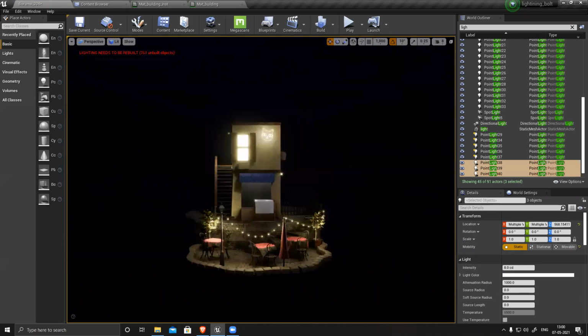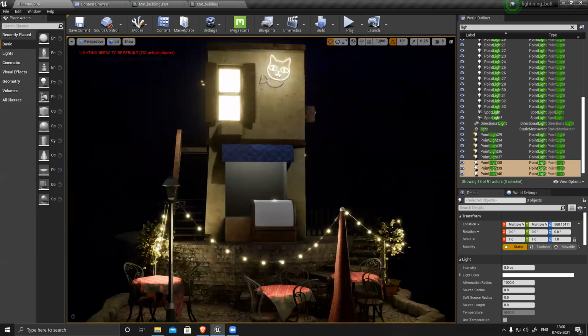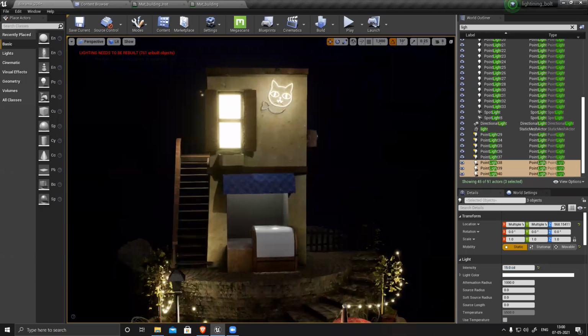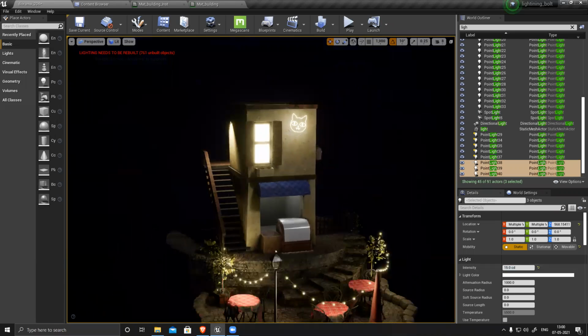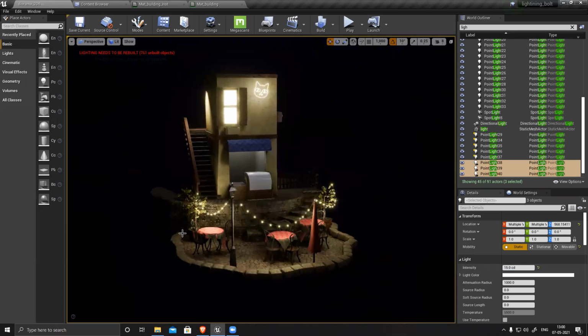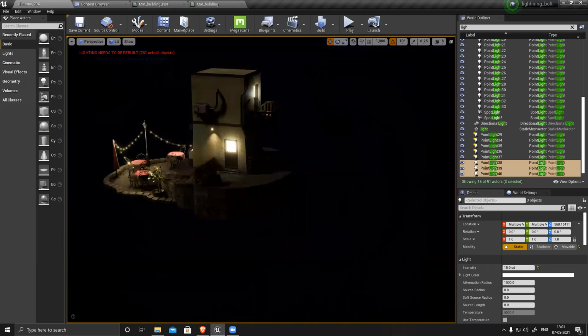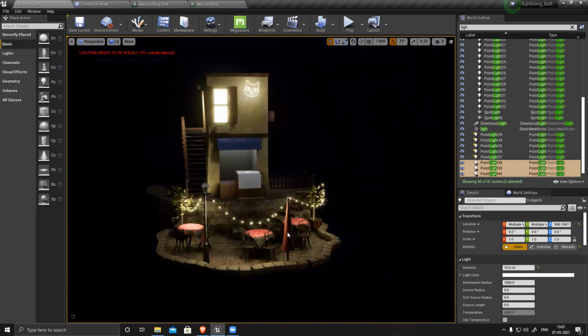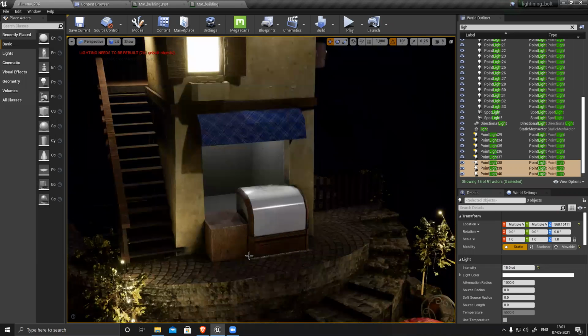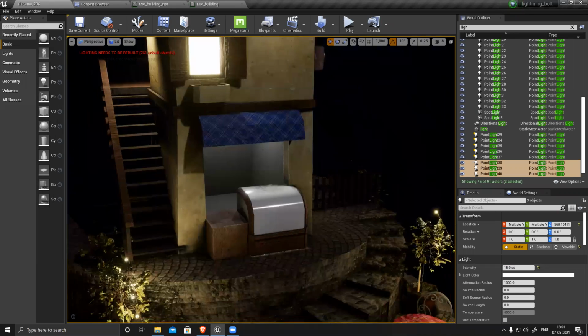Press G. These three, I want to increase intensity to 15 or something, to make it a little brighter. So most of the things are almost ready. I have to duplicate this thing here also. Duplicate this and make sure everything looks fine. And this shadow and everything I have to generate.